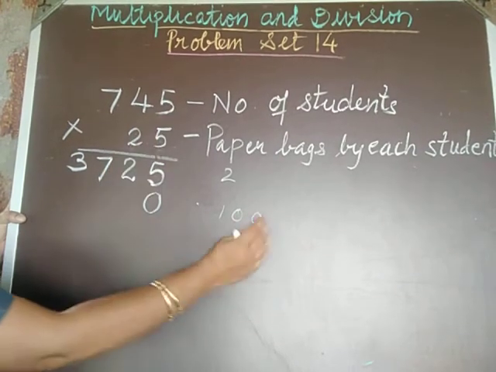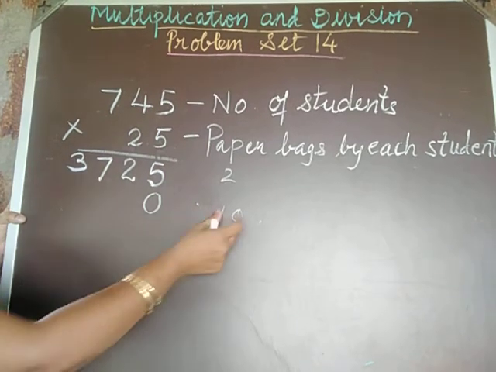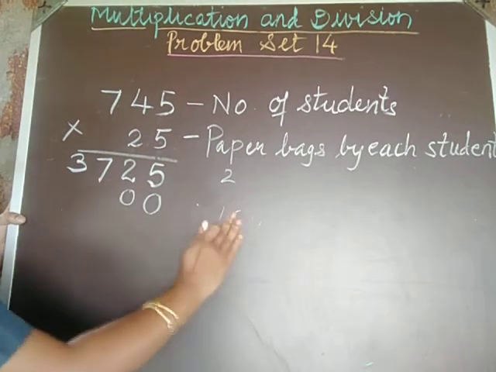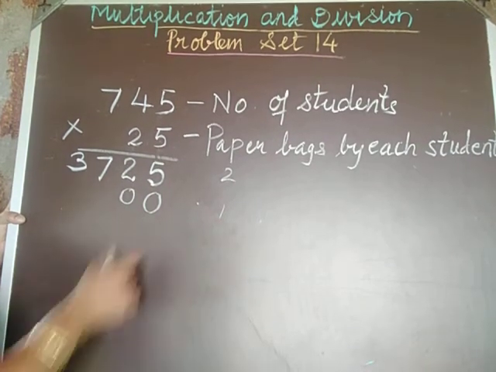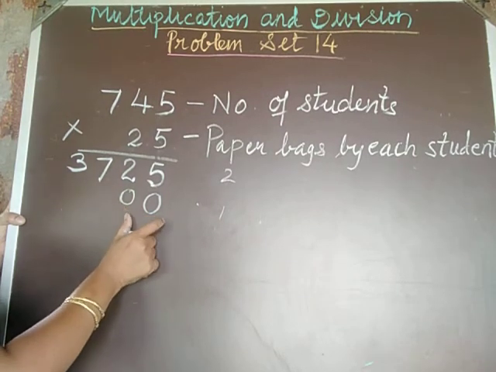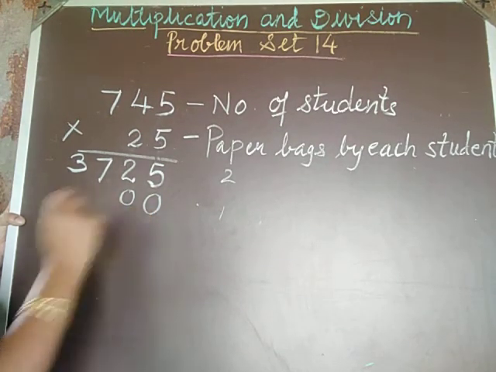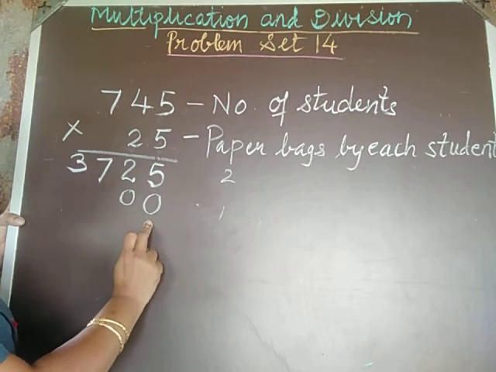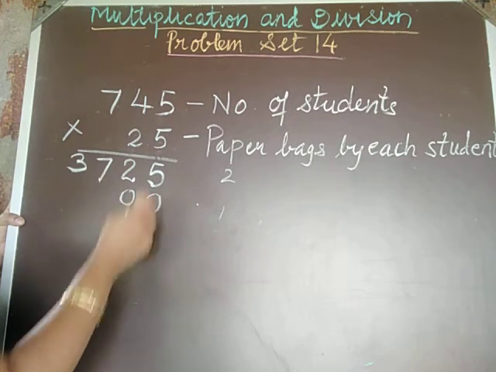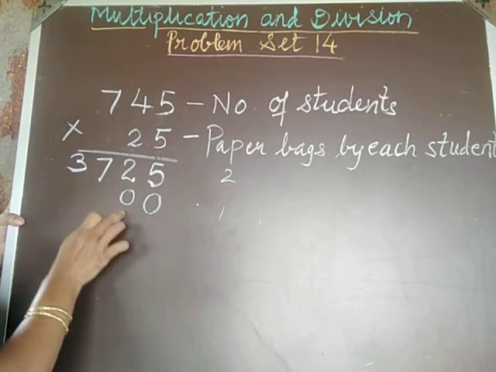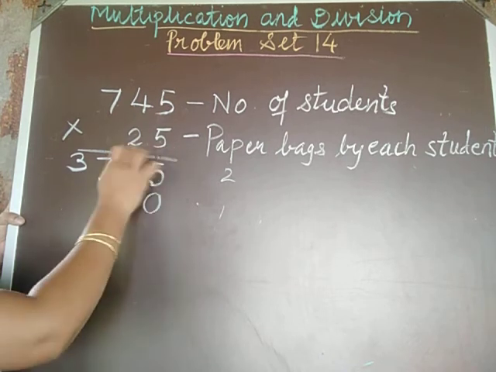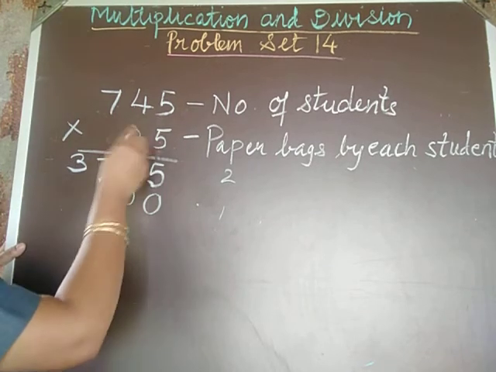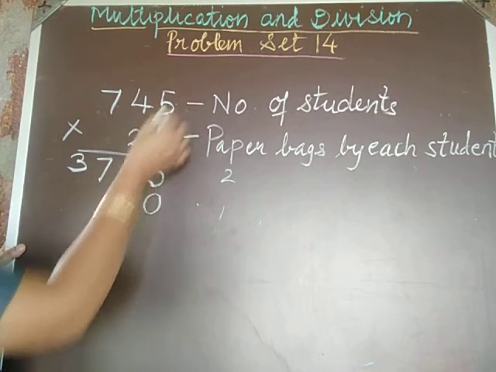Now what are you getting? Actually 5 2s are 10. So 0 we have already written. Now this is 10. So out of 10, what are you going to write here? You are going to write 0 here. What is carried over? 1 is carried over. So see, both the zeros of 100 have come here. Correct? So therefore always remember we are writing 0. When we are going for the tens place, in the units place you will write 0. When we are going for the hundreds place, you will write 0 0 in both the units place and the tens place. Now since here it is only a 2 digit number, we are going to get only 2 steps here. Fine, students. Now we have multiplied 5 with 2, we are getting the answer 10.